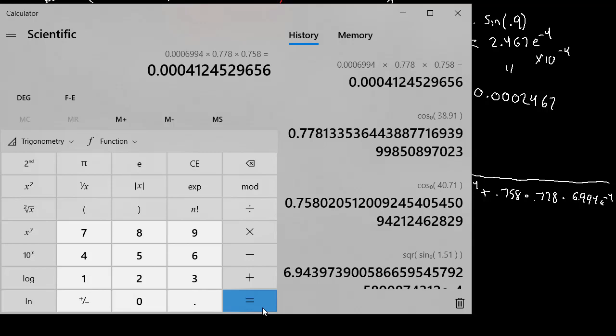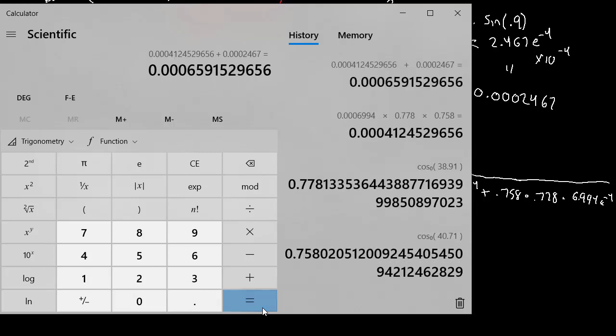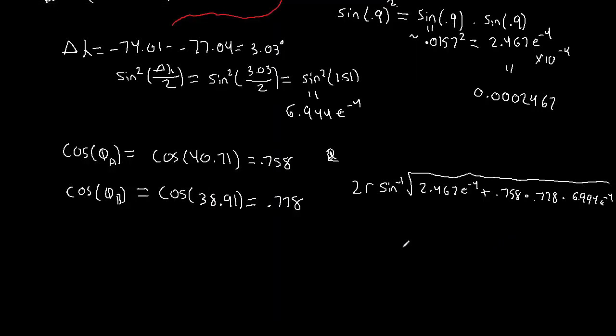And then if we add to that the point 1, 2, 3, 4, 2, 6, right? That was the value of the sine of the delta phi. So if we add that, we get a value of 6.59 e to the negative 4. So this is 2r sine negative 1 square root of